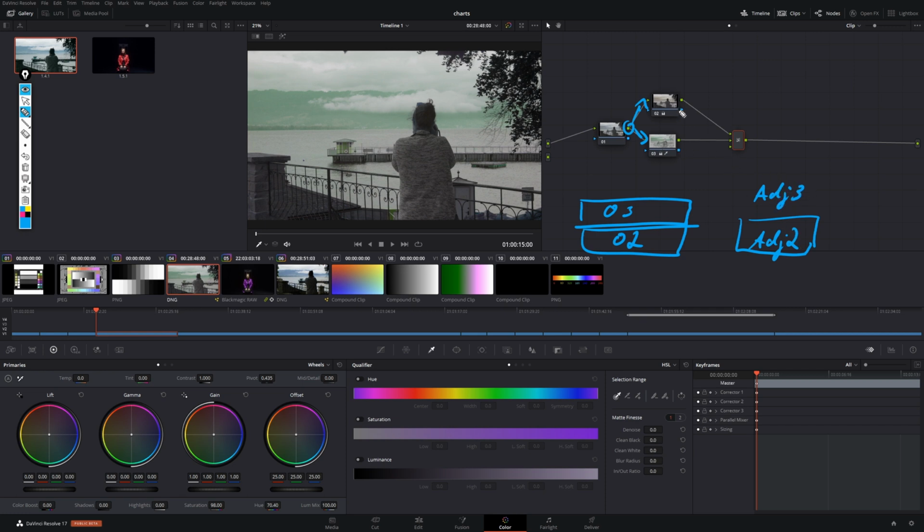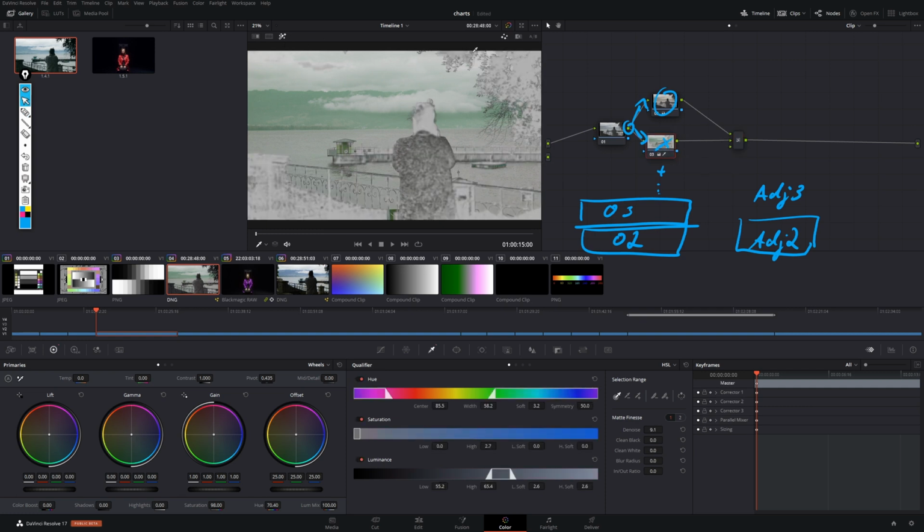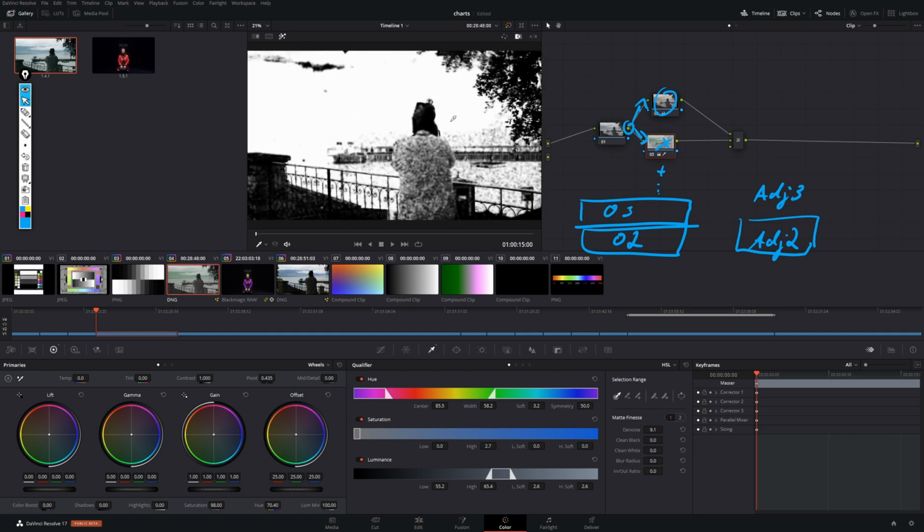So first that one up here, then that one down here, then the next one down here, and so on. And it stacks those images on top of another, which means that layer mixers are pretty much always very useful if you want to make very targeted adjustments with masks, for example. So if we take a look over here in node number 3 and see which area is affected, we made clear that only the white area here is affected, and we place that white area, we controlled here,